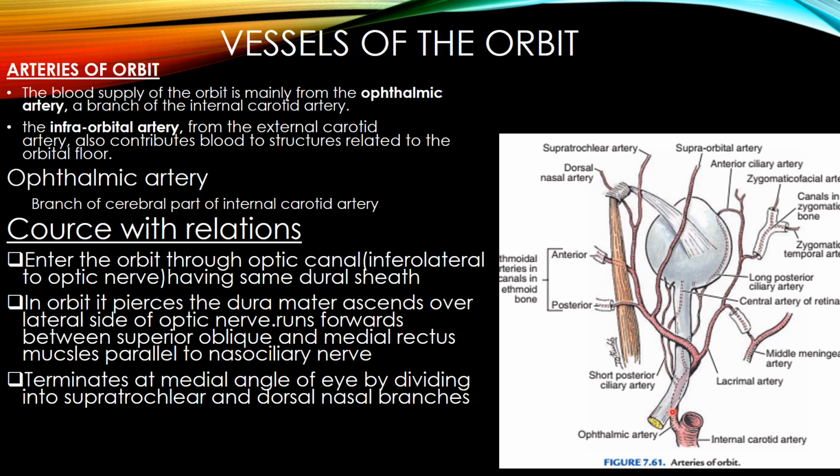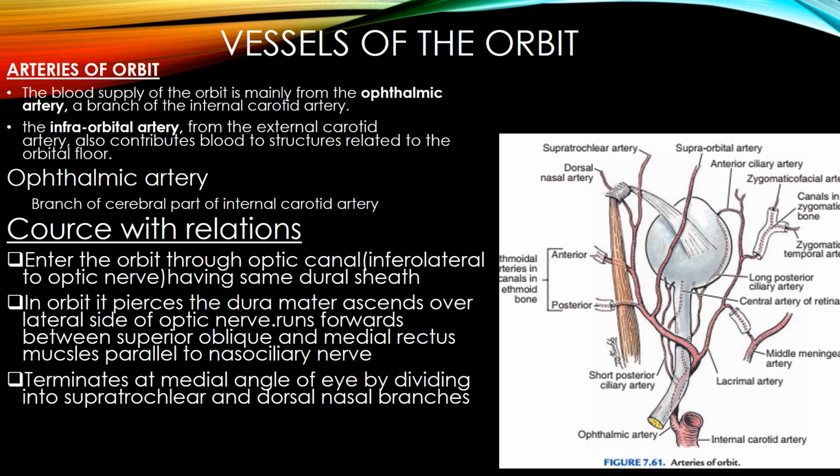It enters the orbit through the optic canal lying inferolaterally to the optic nerve. Both the artery and nerve have the same direction. Now in the orbit, it pierces the dura mater, ascends over the lateral aspect of the optic nerve, runs forward parallel to the nasociliary nerve, and goes upward and terminates at the medial angle of the eye by dividing into the supratrochlear artery and the